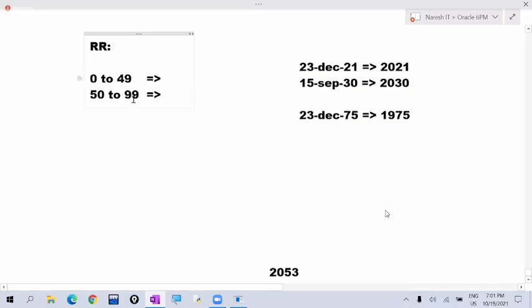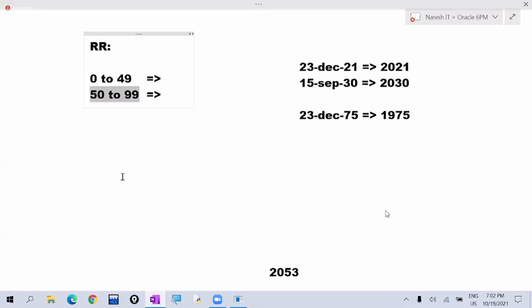But assume the current year is 2050, 2055, 2060 or 2099. In such situations, RR means that if you give a year value between 50 to 99, it will be prefixed with 20, and if you give a year value between 0 to 49, it will be prefixed with 21, the next century. That is the meaning of this word.